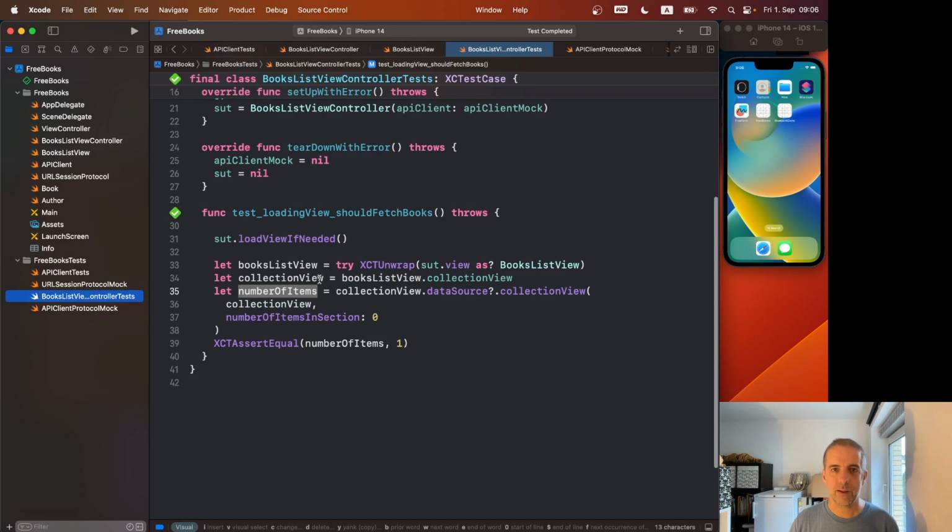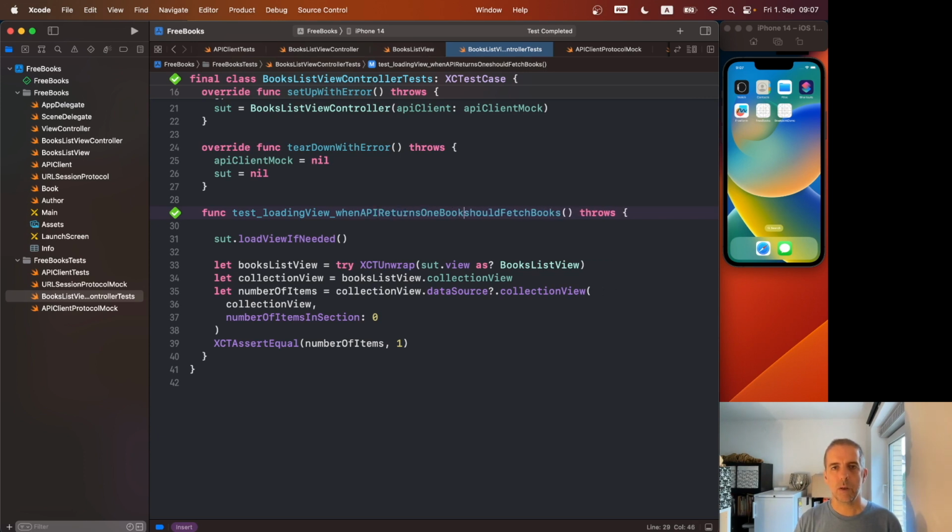But this is clearly not what we're trying to do here. So we thought that we are fetching books. We don't. This test doesn't work that way. We don't check if we fetch books. What we check here for now is the number of items, so loading view should, when API returns 1 book, should